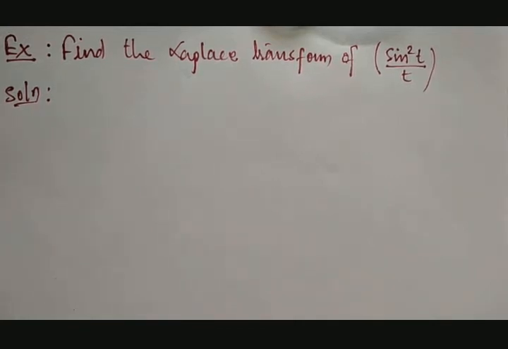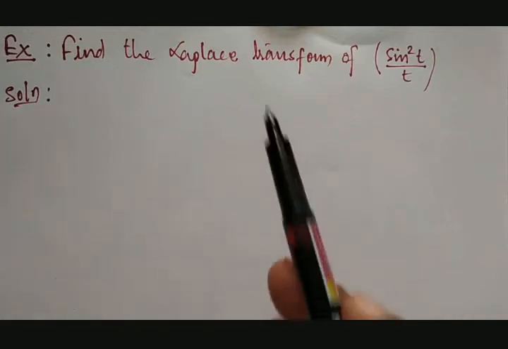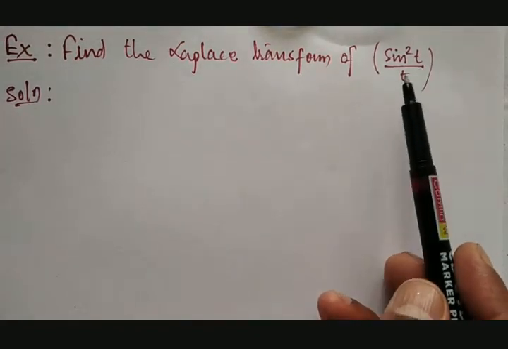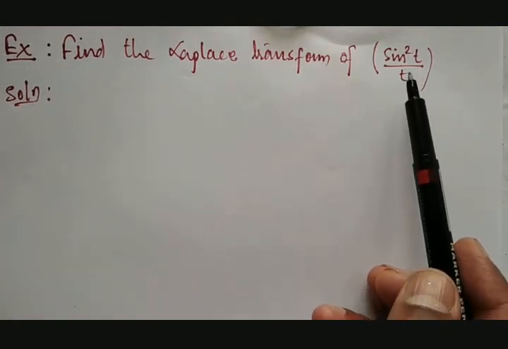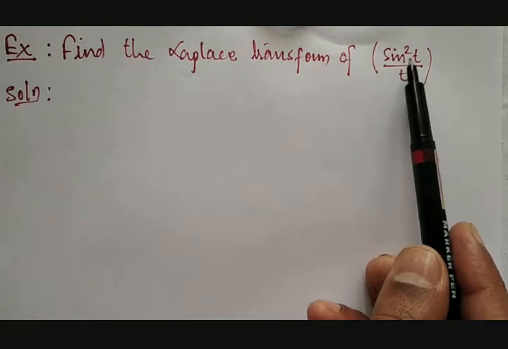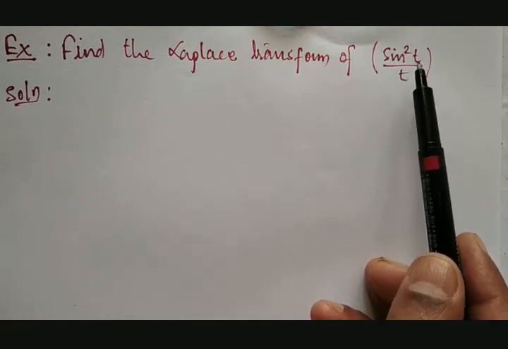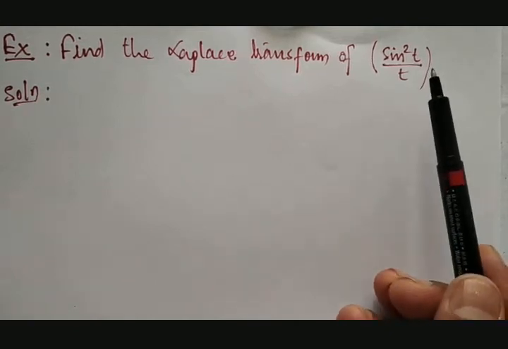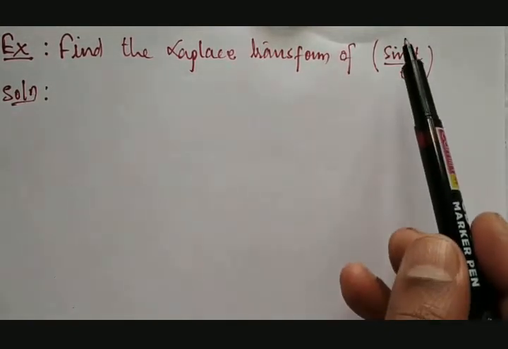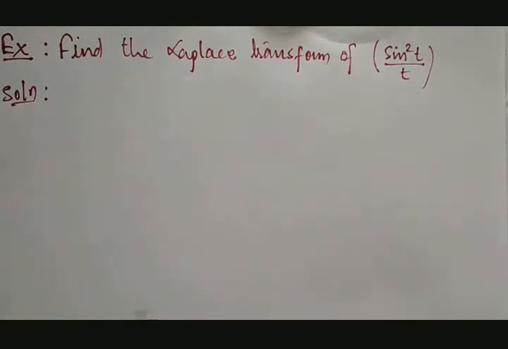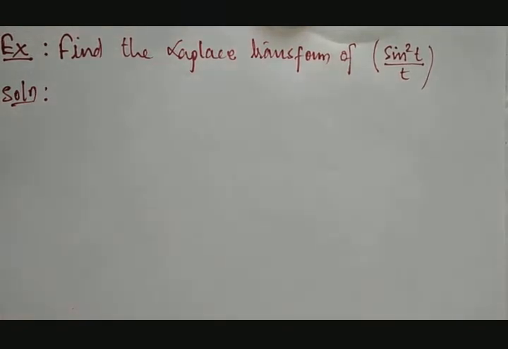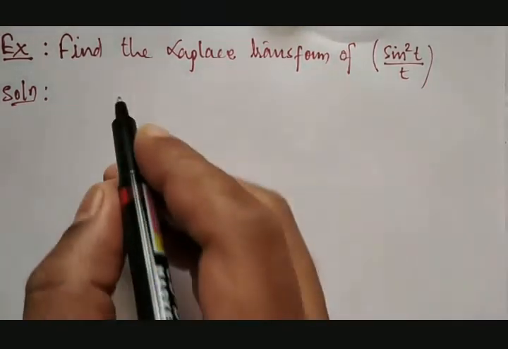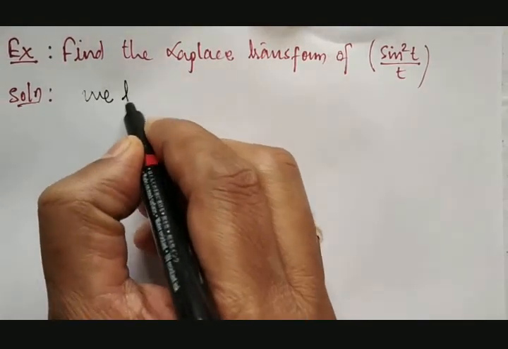In this session, we are going to discuss how to obtain the Laplace transformation of the function which is having a division as t. It is sine square t by t. If they would have asked only Laplace transformation of sine square t, we would have taken the sine square property as 1 minus cos 2t by 2, and then applied Laplace on both sides. But now it is sine square t by t. If it would be t into sine square t, then we would have used the derivative property. But now we need to go through a property which is suitable for this.